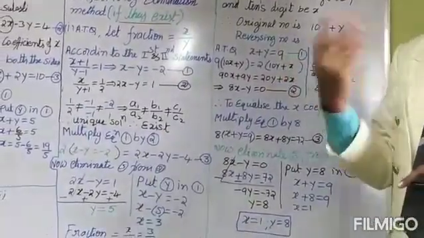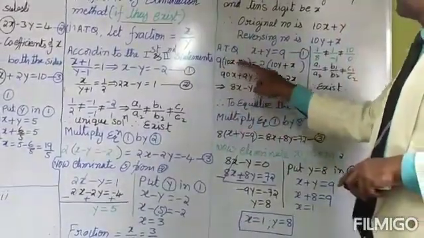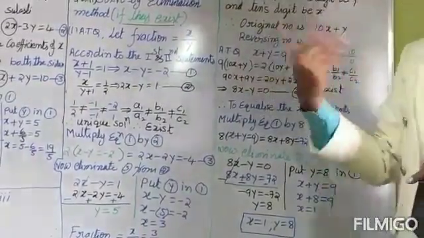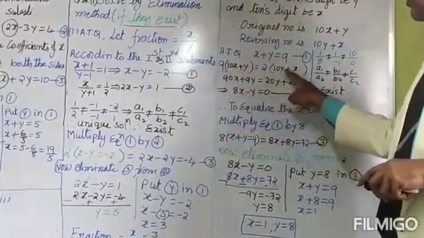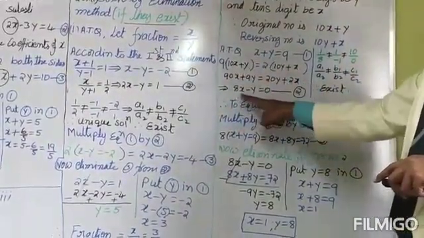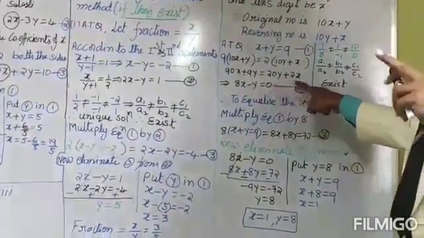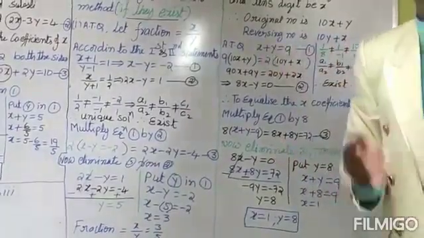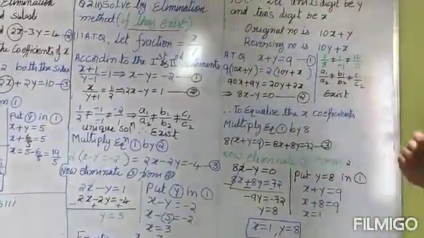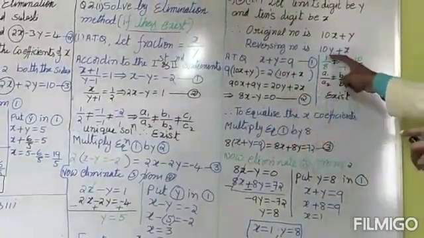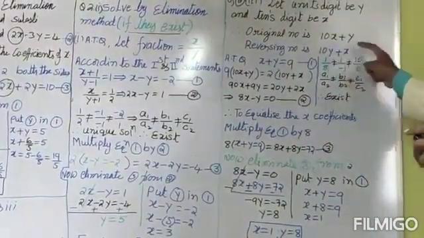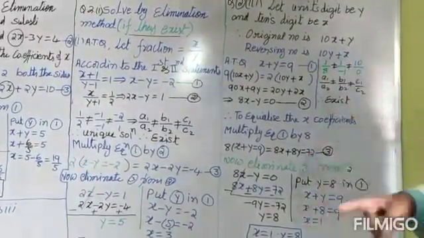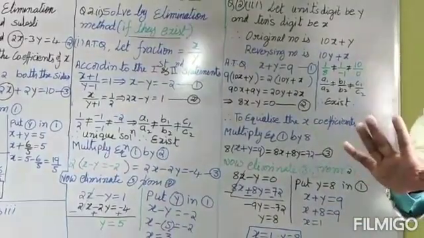According to the second statement, 9 times the original number is equal to 2 times the reversed number. So I take 9 times equal to 2 times. By opening the bracket, we get 8x minus y equal to 0. This is equation number 2. I got equation number 1 and equation number 2. According to the question, I need to check whether a solution exists or not. For that we use the algebra conditions: the ratio of coefficient of x, coefficient of y, and constants. We get all are not equal, meaning they are intersecting lines, so the solution exists, confirmed.